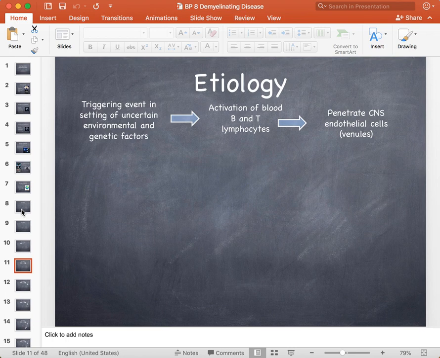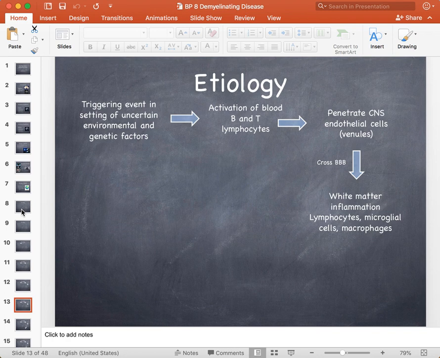These lymphocytes will ultimately penetrate the CNS through venules, through the endothelial cells in the venules. So this is a venous infiltration, as opposed to an arterial infiltration. Is that fair to say? I think that's generally what's presumed to be accurate. Yes. And then they cross the blood-brain barrier, and you get the white matter inflammation, and you'll